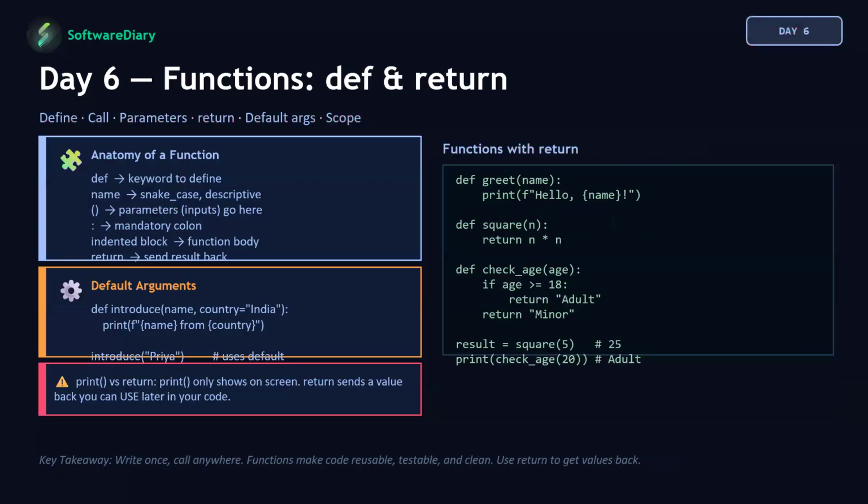Next, in day 6, we talked about functions, very, very important. So function: def and return. def is a keyword which is used for function definition, and here I've mentioned def, the keyword to define, name, and parameters. Very, very important: if you're creating a function definition, it should be def, function name, and brackets. In that you mention the parameters, right?